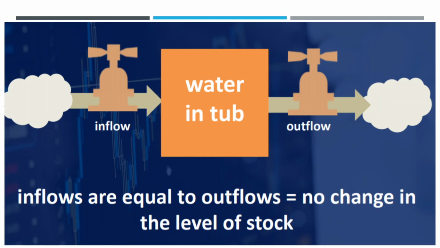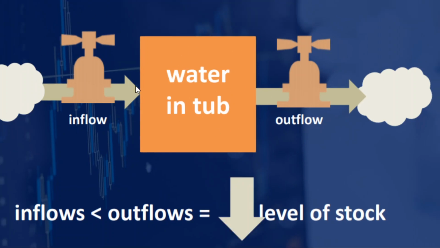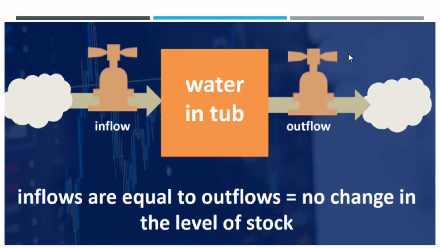It's the same in a system. Kapag mas mataas ang inflow mo sa isang sistema, sa isang negosyo, kaysa sa outflow, syempre, mas marami kang stocks. Kapag naman mas mababa ang inflow mo, mas madami ang lumalabas, syempre, mas konti yung stock mo. Kapag naman equal lang, halimbawa, nagkalahati na yung stock mo in a particular product, tapos, bumili ka ulit. So, in-equal mo lang. Siyempre, there will be no change in the level of stock. So, yun. So, that is the rule